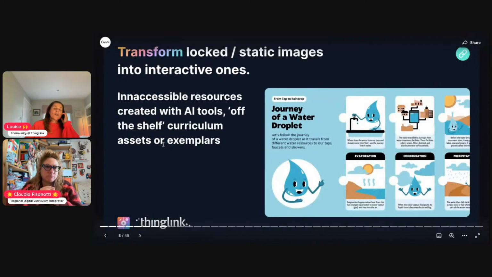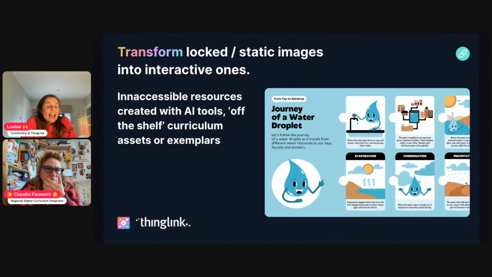We've also got ways of bringing the text in the image to life. Now, I'm sure that many of you have seen things like this. This is a resource that's been created with Canva. Actually, it's an off-the-shelf exemplar. It's something that everybody teaches at some point or learns about, which is the journey of a water droplet and the water cycle. But the problem is, and please do put your thoughts in the chat, because you'll see these